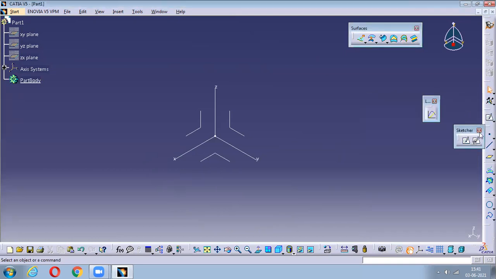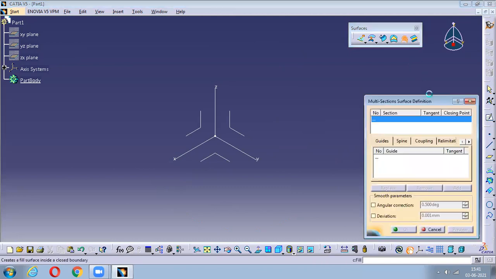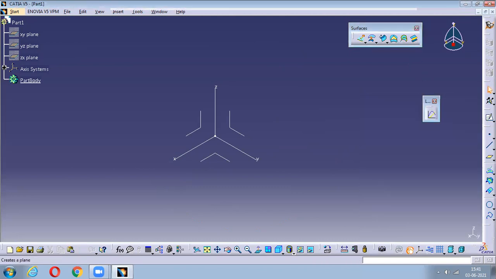So it's the same thing you have done in your multi-section solid, that helical gear part, no? So this is the same tool. You can notice the sections and the guide curves. You don't need to go anywhere to find the guide curves. You have the guide curves here itself. That is nothing but the 3D spline we used as our guide curves at the time of creating this helical gear. Okay.